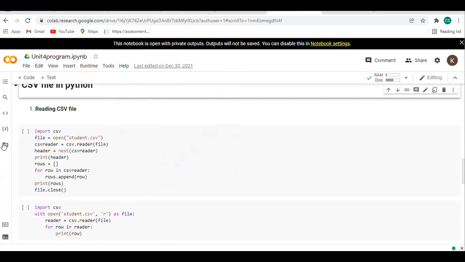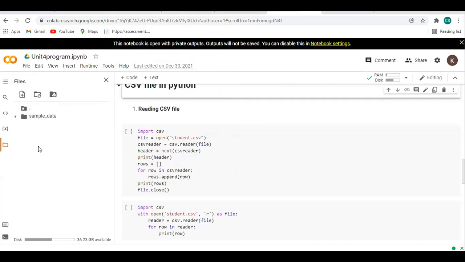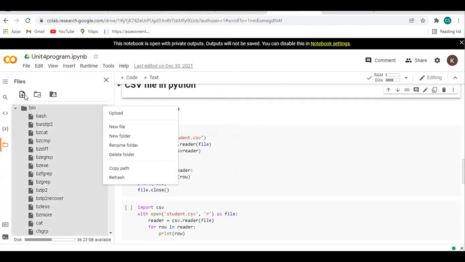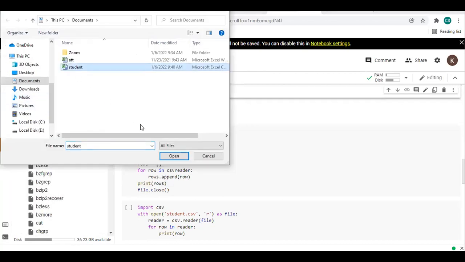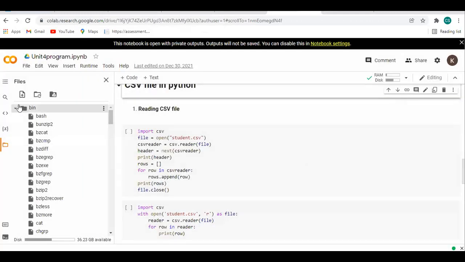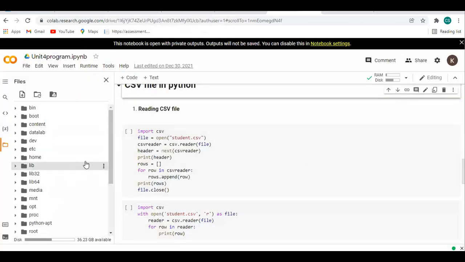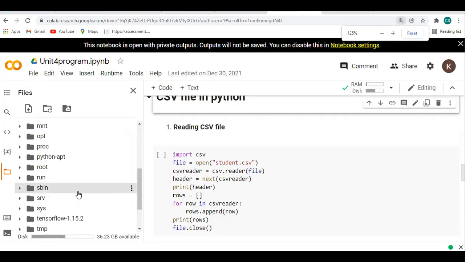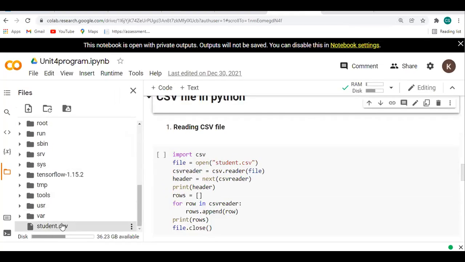Now the file will be uploaded over here. You have to see here, my CSV file will be uploaded here.